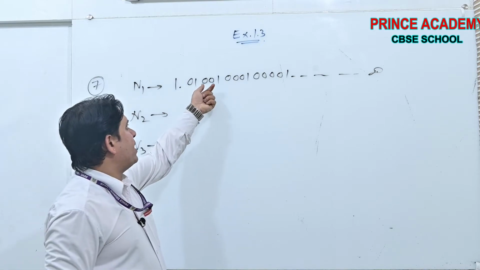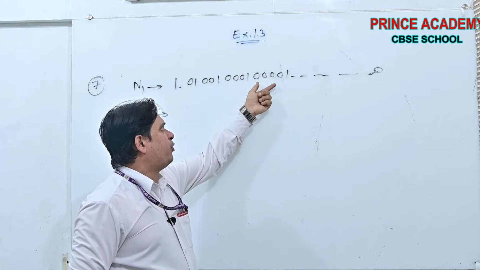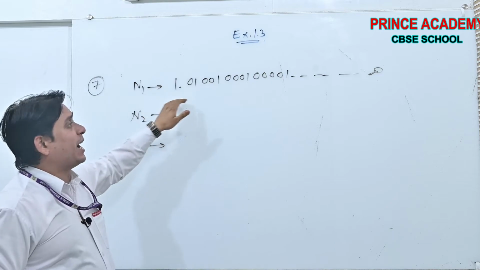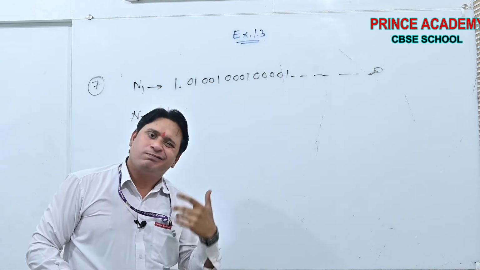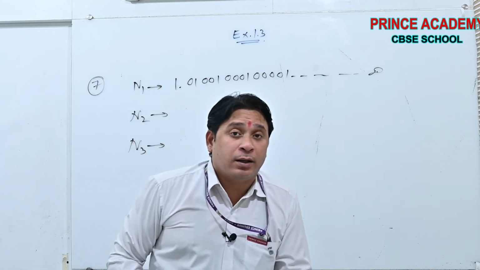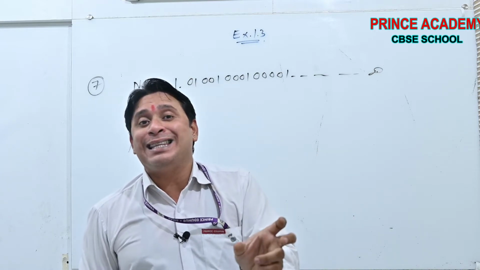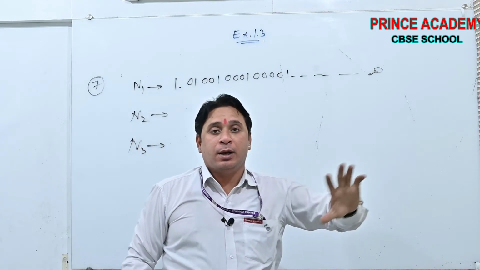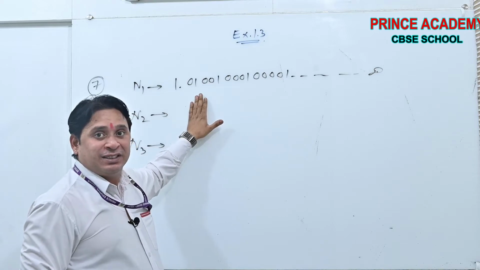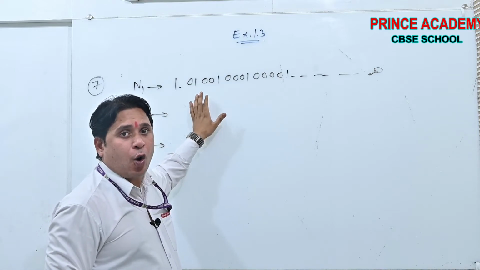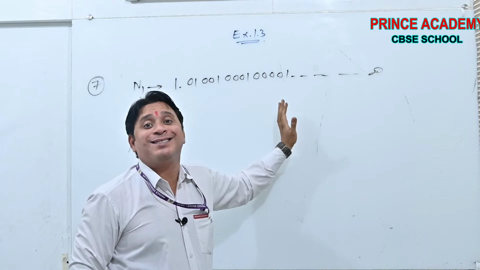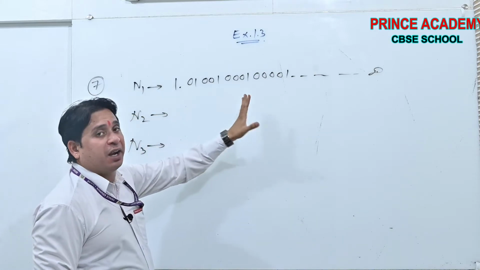You will say, sir, 0.1, 0.201, 0.30001, and so on. Sir, there is a criteria, there is a fixed pattern. Leave the pattern. You have to consider only the repeating digits, not a group of digits or a single digit repeating in the same manner. That's why this is irrational.